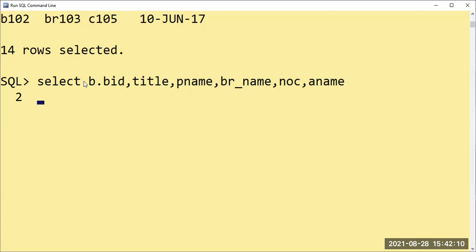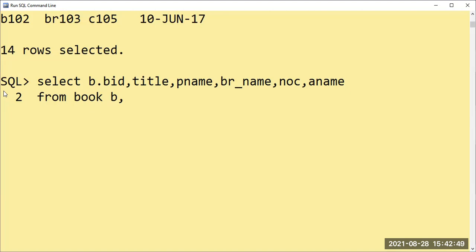Okay. So next we have to use the from clause here. Which tables are there? From book B. I can write here book.bid, but I don't want to make it complicated or waste time. I will create the variable name which is also going to be applied in the where condition. It is not possible to always write the entire table name followed by the dot operator and the column name. Not required. For that purpose, we can create an object or a variable, and with the help of that we can fetch the respective column name.